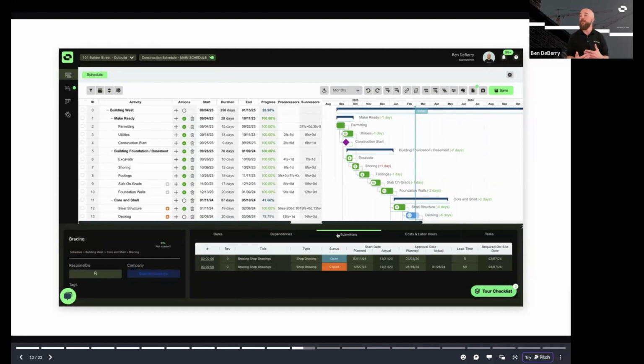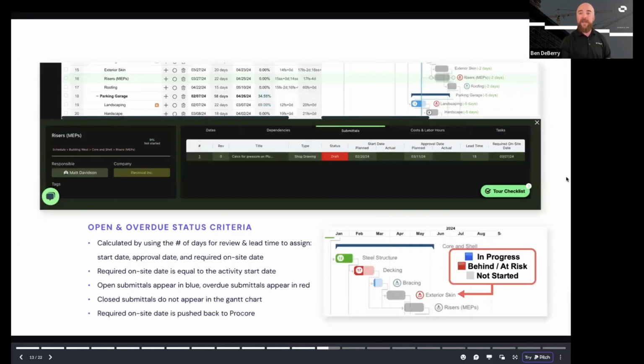So now we're removing a little bit of double entry. Again, we've connected the submittal to your activity. We're walking back those durations to show you, hey, when do you need to have this submittal approved? When do you need to have this submittal submitted? And then it's going to allow you to see, okay, I've got an open submittal. Uh-oh, I'm overdue on my approval date. That blue icon is going to show red. And that red icon is going to say, hey, you've got an overdue submittal. You might need to fast track that delivery, or maybe you need to reschedule. And so I can show that to you in our next page here with a little bit more emphasis.